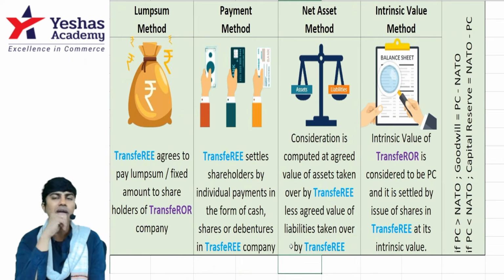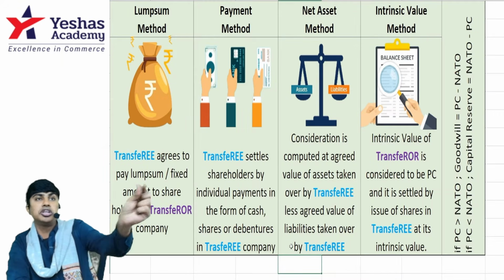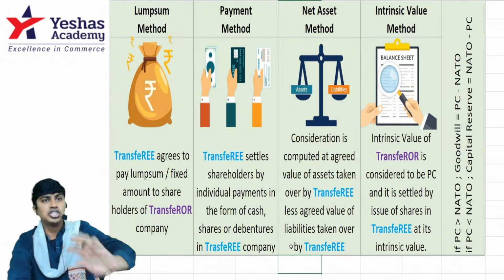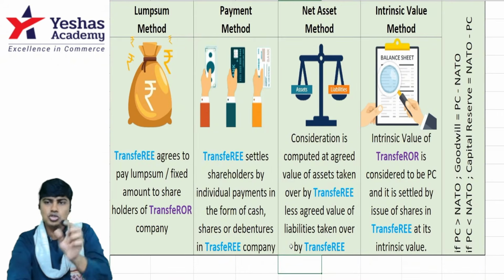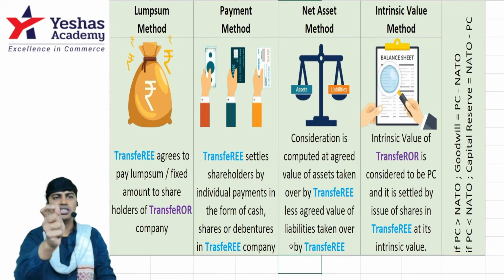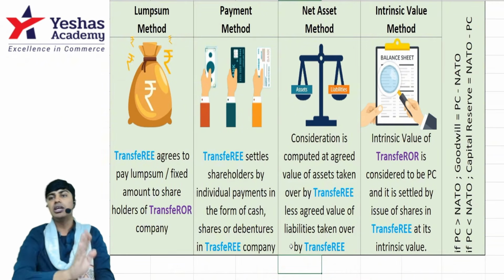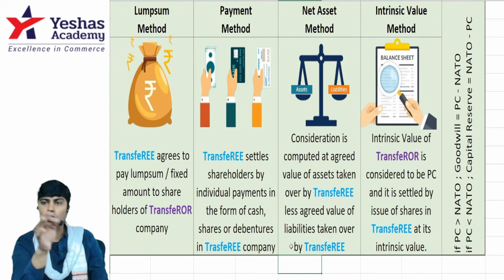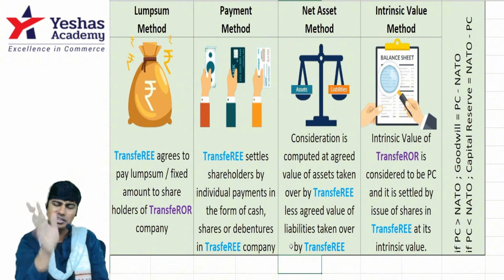Easiest method. Second one, payment method. In the payment method, they won't tell a lump sum amount. They'll tell you 10,000 equity shares of rupees 10 each issued at 12.5, 5,000 preference shares of rupees 10 each issued at 12, this many debentures, this much cash. For example, each share will be given 8 rupees cash. They'll give data as to how much will be given to whom. Multiply the number of shares by the issue price, multiply the cash per share, and then take the total. The grand total amount is nothing but PC. Under which method? Payment method. Under the payment method, we find the total purchase consideration based on the data given in the question. Distribution data is available, total it.